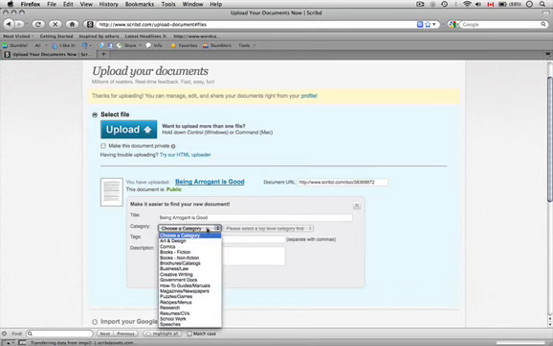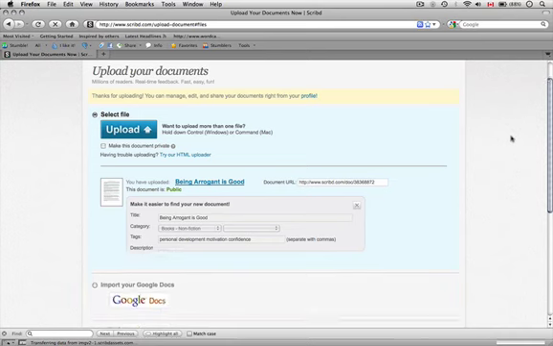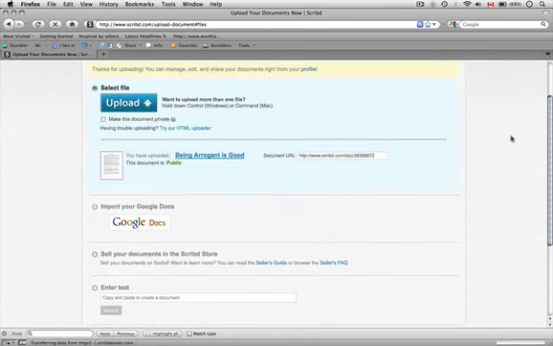The category is going to be, I'll call it books nonfiction, and we'll say personal development, motivation, confidence. I won't even bother with the description right now, but you get the idea, and it's actually going to have a document URL. So let's save that, and the document itself then gets basically published as part of the Scribd database.